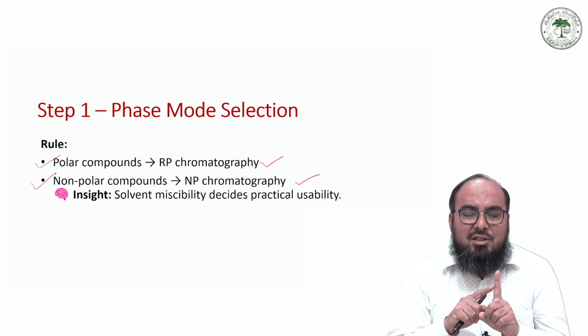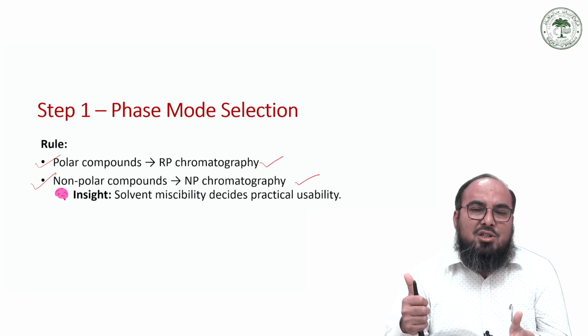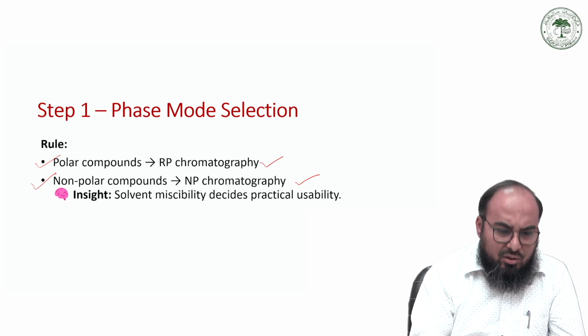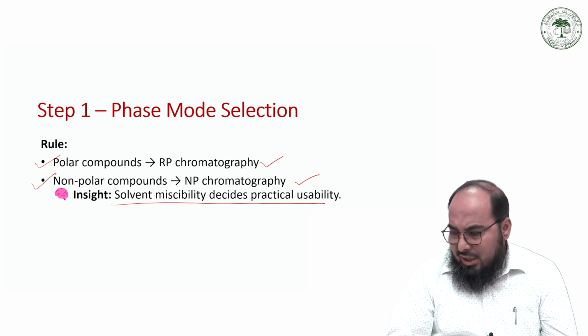Then you have to take a combination of a polar stationary phase with a non-polar solute. If the solute is polar, then the stationary phase should be non-polar. So again, solvent miscibility should be checked with regard to